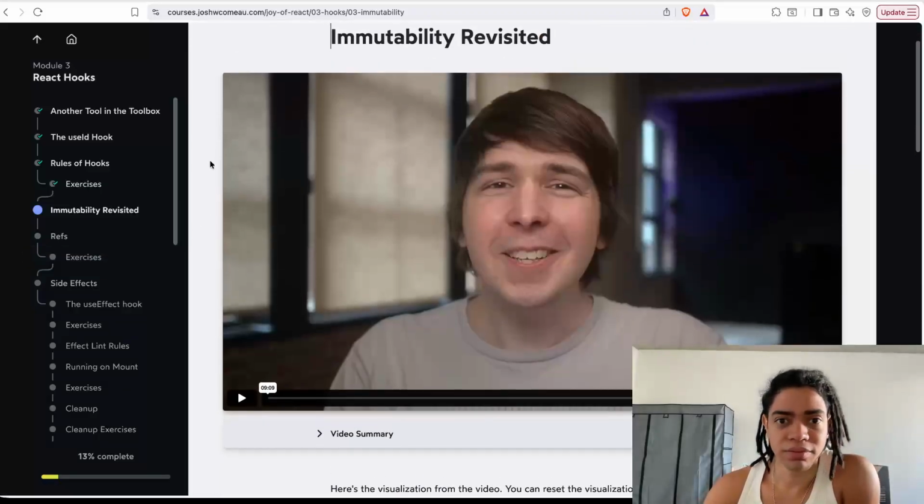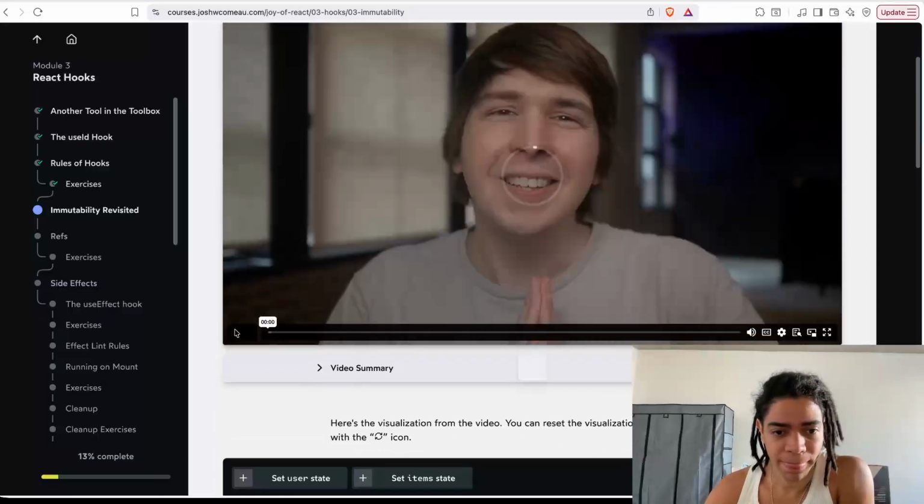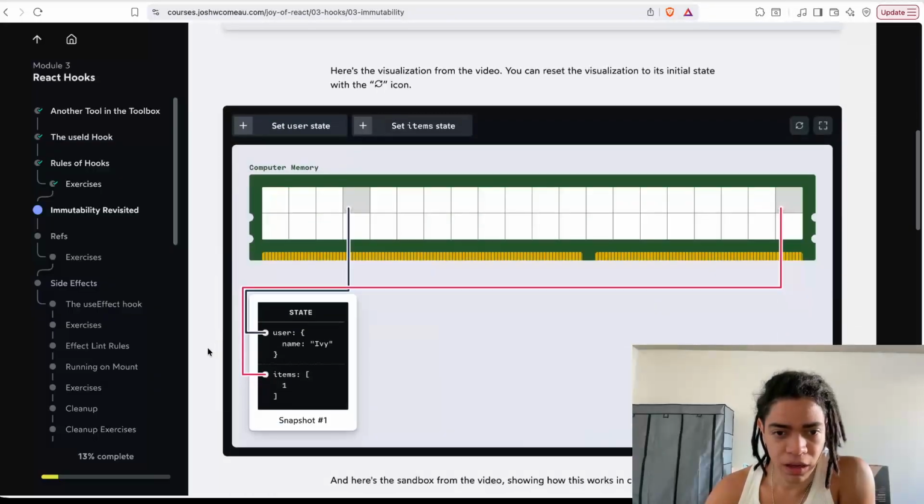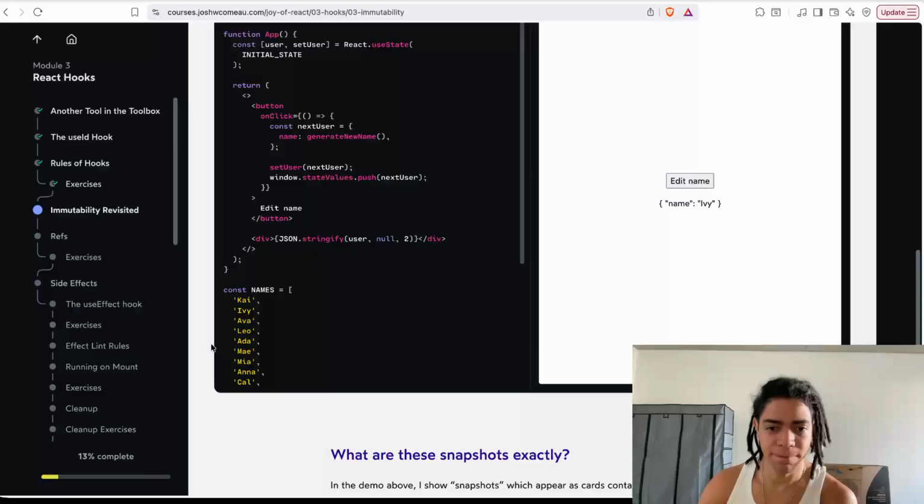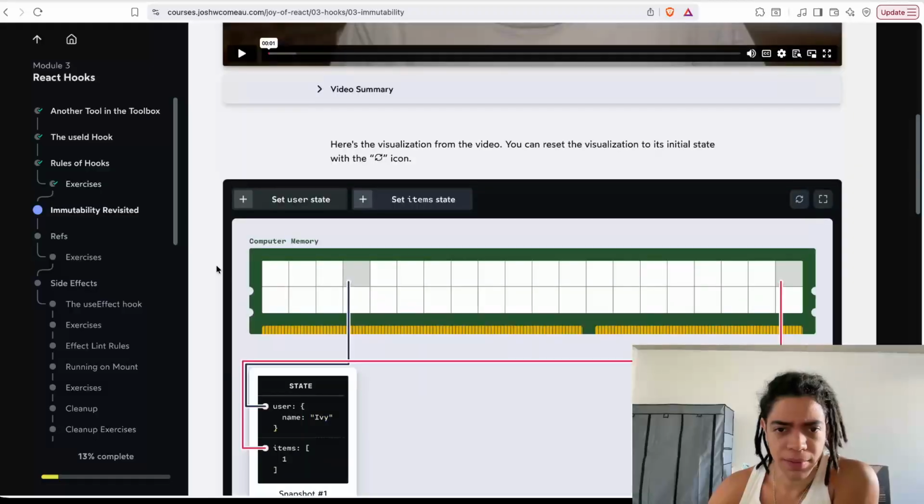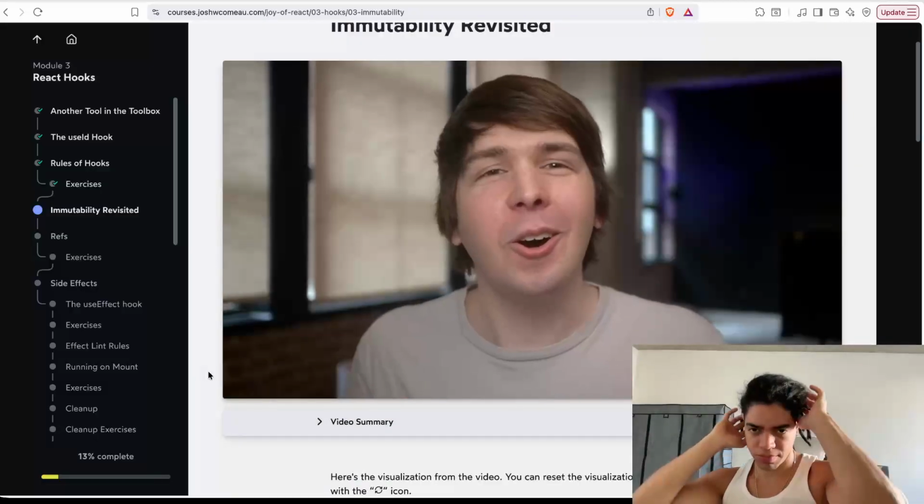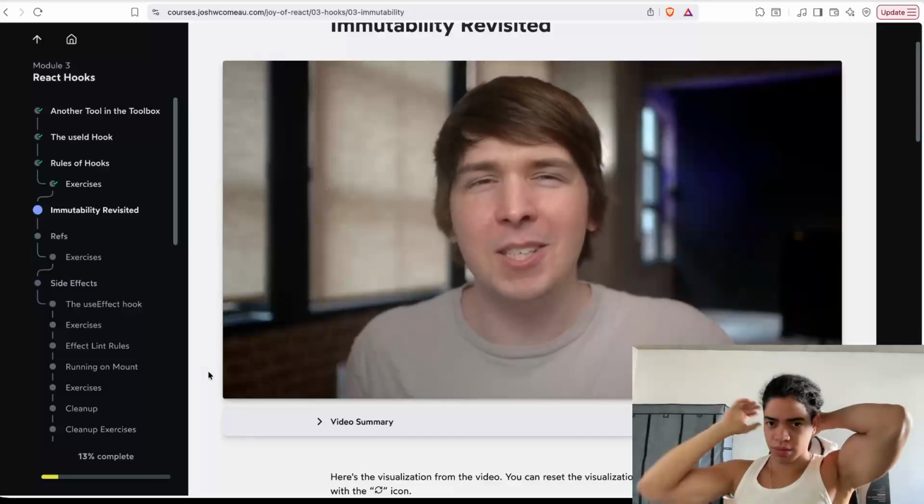Good. Okay, immutability revisited. Let's get into this. So in this module, we're going to talk about some of what I personally think are the hardest things in React. I'm thinking specifically of stuff like